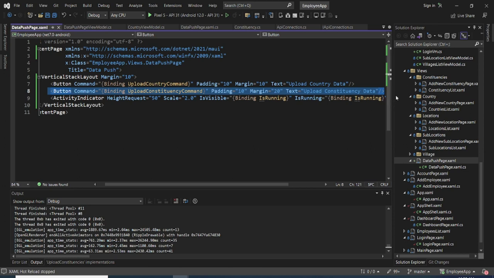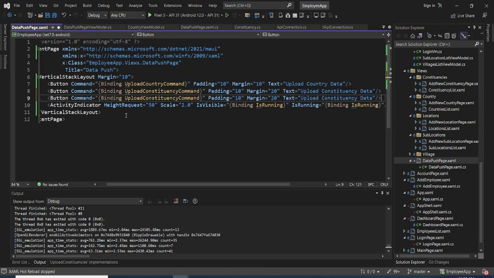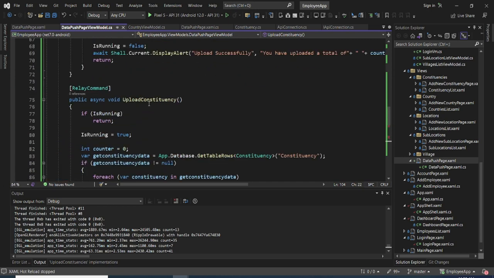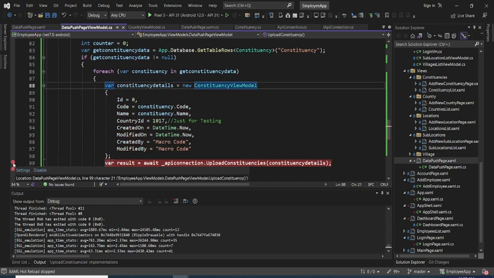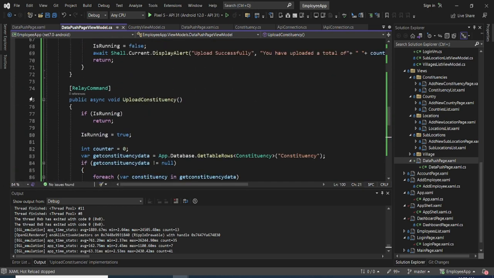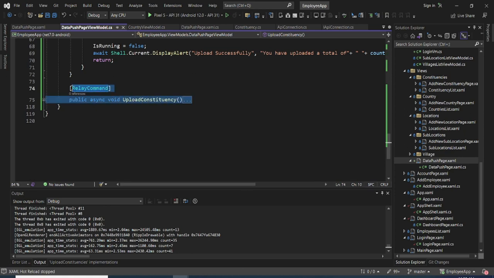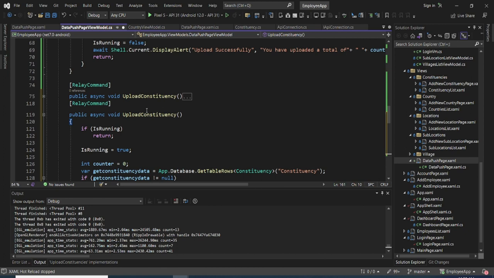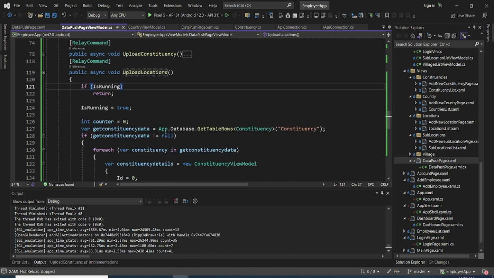So I'll just copy this and we say upload locations. Then we'll also replicate the same way we did on our model. So I'll just undo this. Then I'm going to copy this, which I will modify and use for our upload locations. So this will be our locations